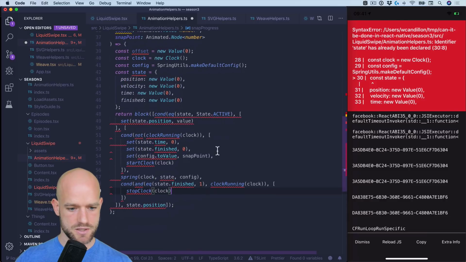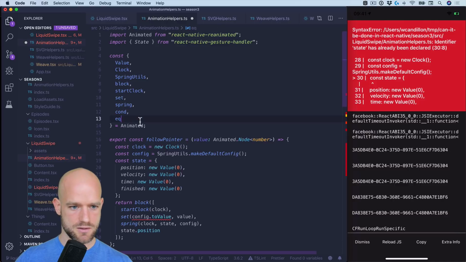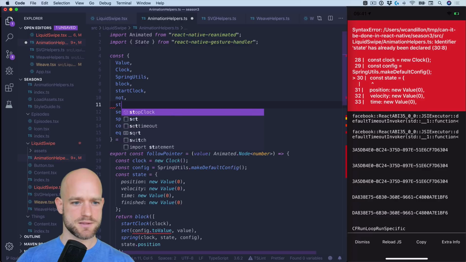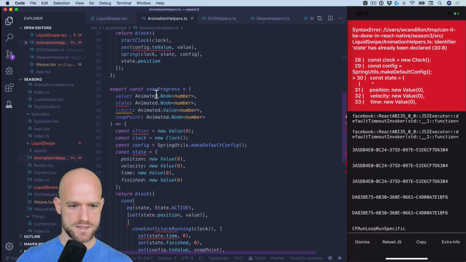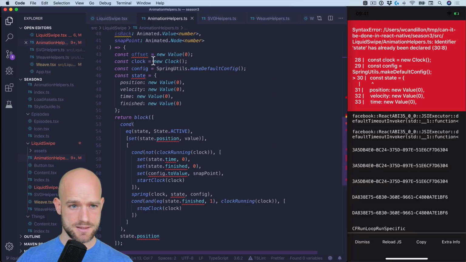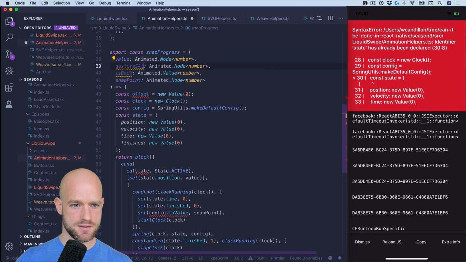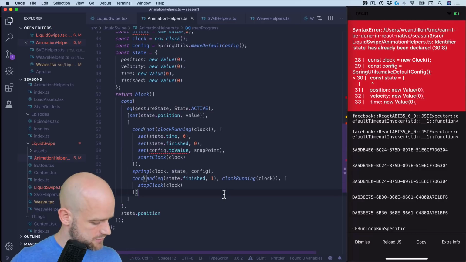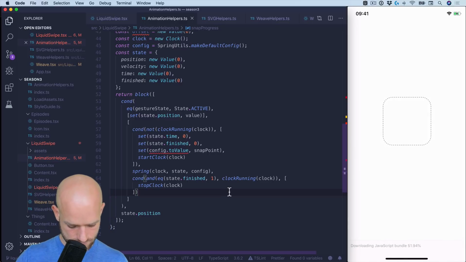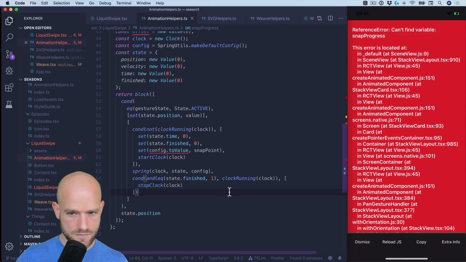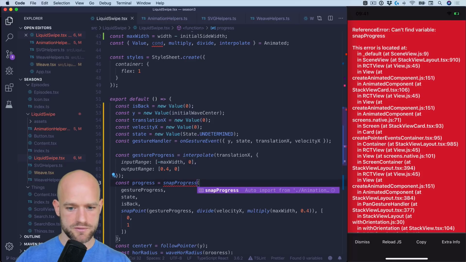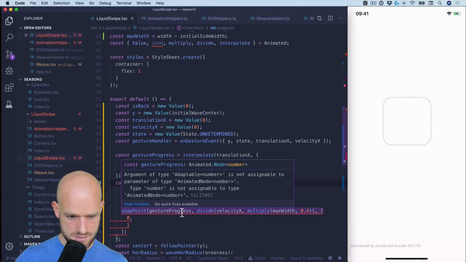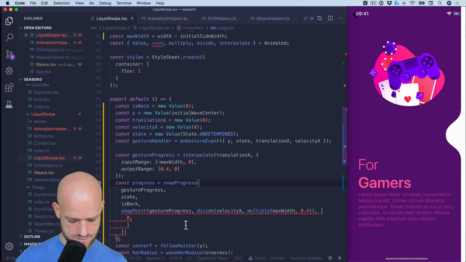So perfect, but I need a couple of imports: clock running, stop clock, start clock. Not stop clock, clock running, and what else? Oh, state, I'm going to rename to gesture state. Here it's clashing. Perfect. That looks good. Let's have a look. Forgot to import this one. Okay, so here